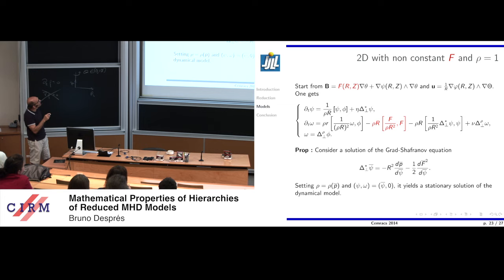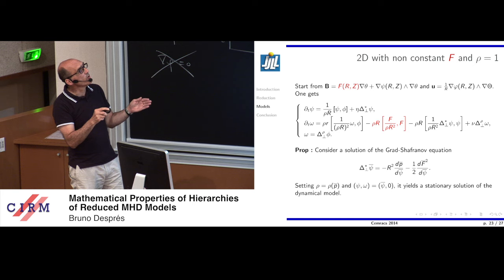You get an equation for the vorticity, but you have a new term. And what is this new term? This new term comes from the fact that this guy is non-constant in space. If this guy were constant in space, then the Poisson bracket, which involves the derivative of f, would be 0. But with a non-constant f, then you have this new term. And it's even true with non-constant density.